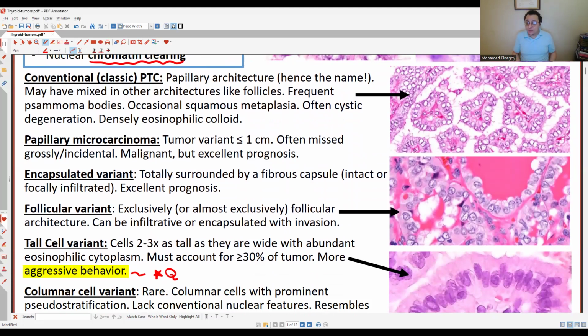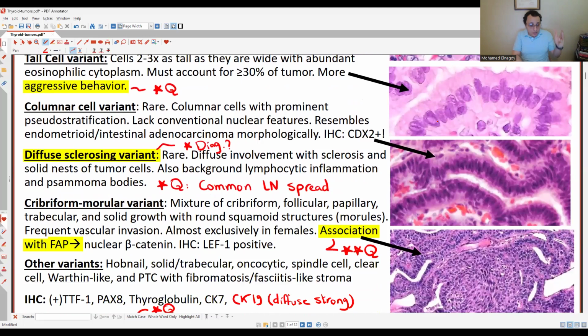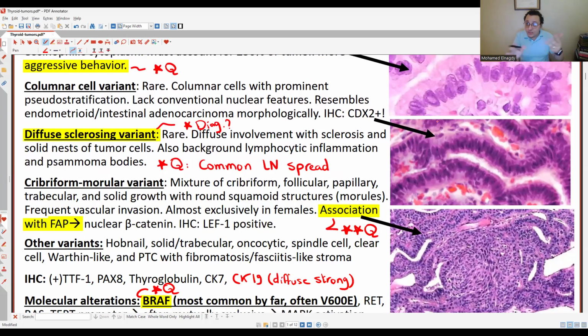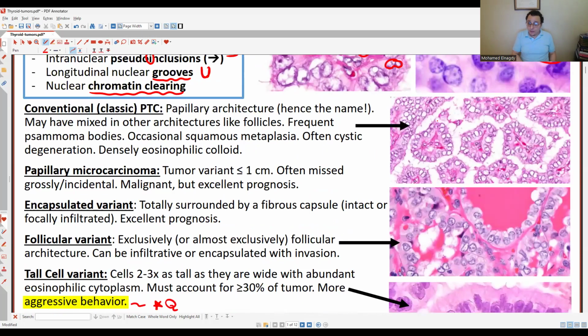There are a lot of patterns: conventional, papillary, encapsulated, follicular, tall cell, columnar, diffuse sclerosing, cribriform morular, and it doesn't stop. It never stops. There are other variants like hobnail, solid, trabecular, oncocytic, spindle cell, clear cell, Hurthle-like. You'll be shocked about how many variants exist under the PTC as an entity. However, the only variants that I will highlight for you are the ones that were asked in questions, which include,